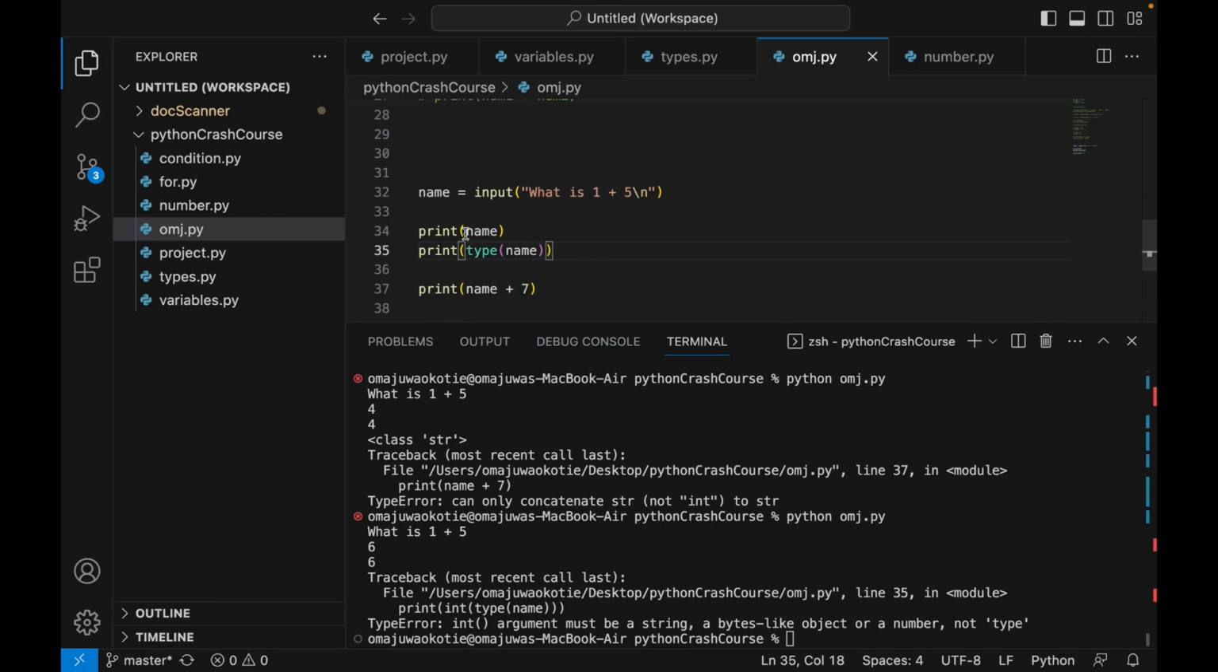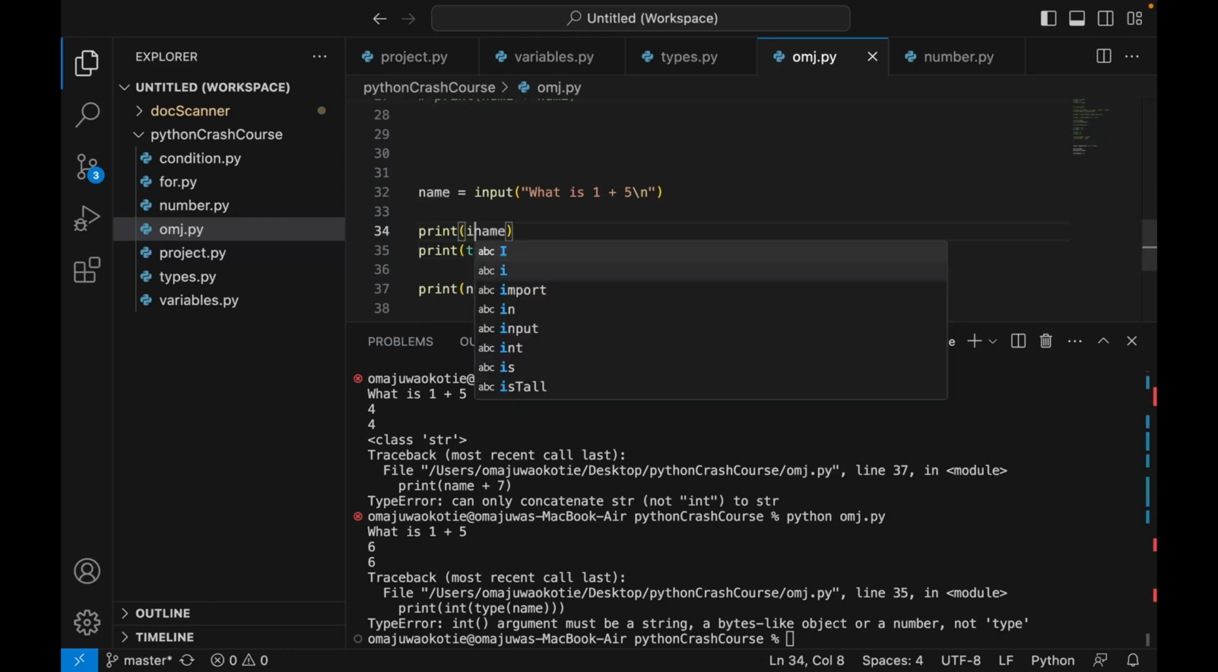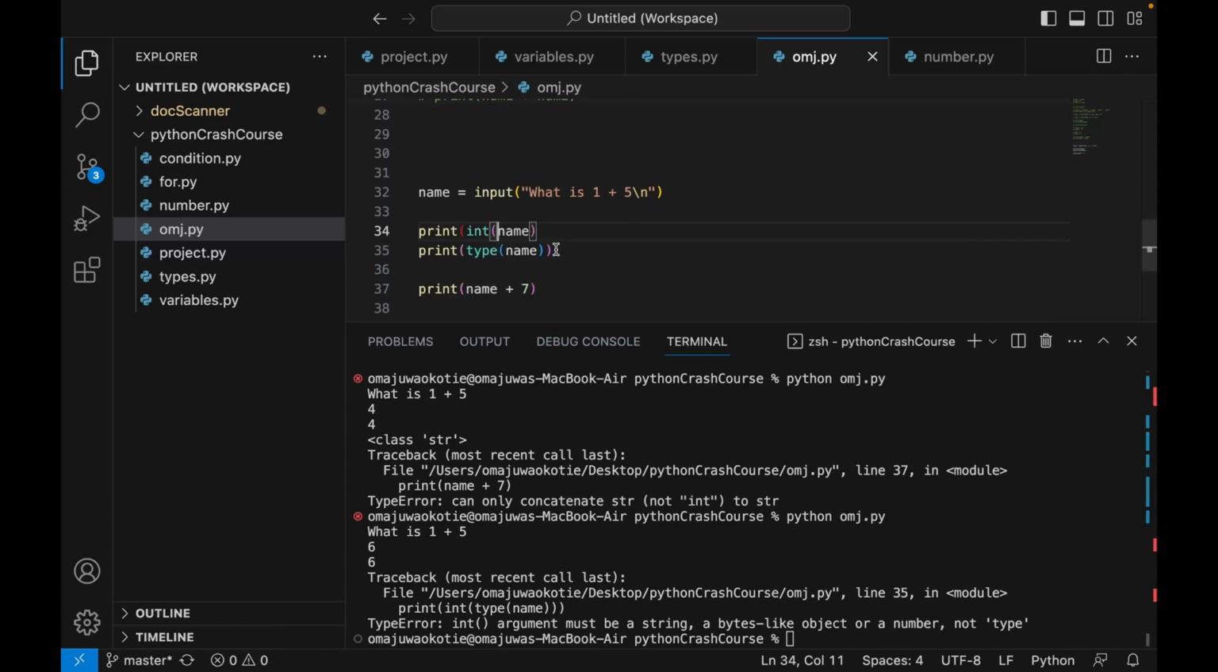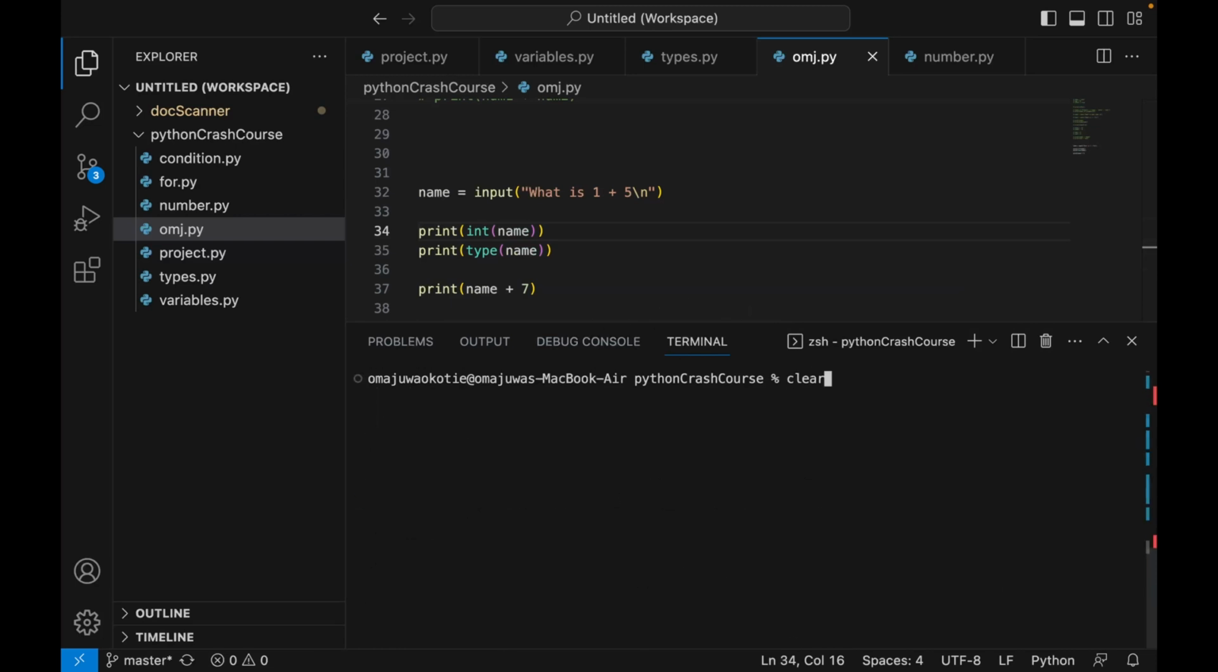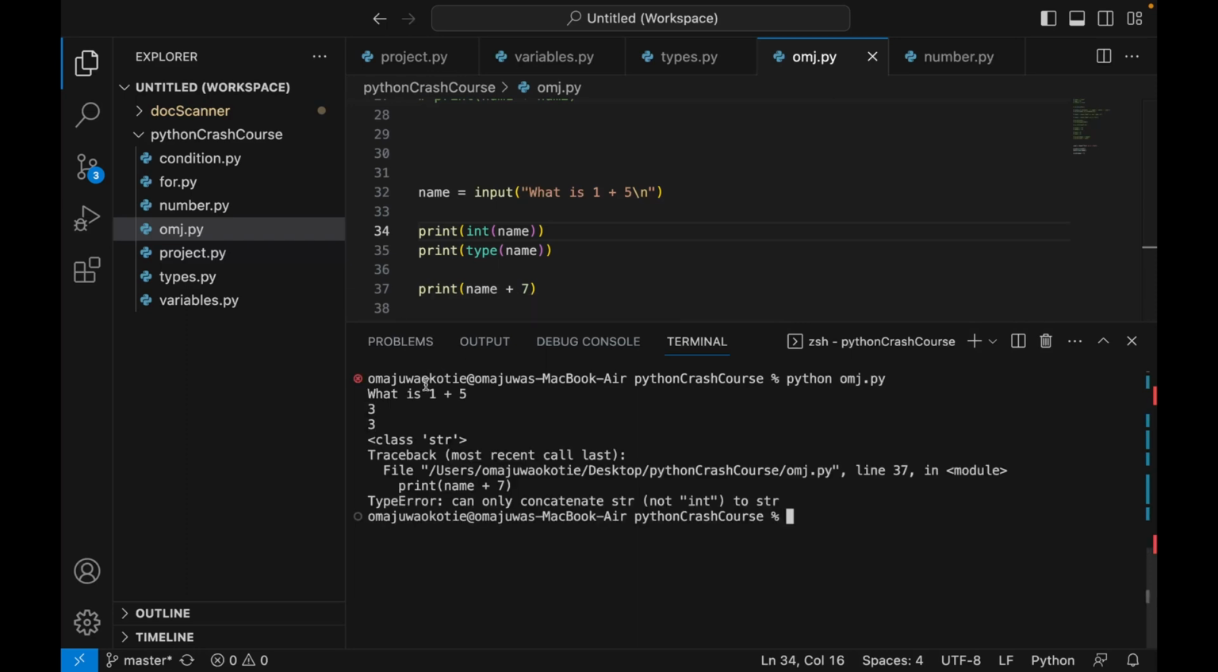I think I was supposed to convert it. Yeah. Print name. Let me clear this so it's not too cluttered. Let me print it. Let me see the class. I'm still having a problem, let me see where it's coming from. Print int name, print type name. The type is still